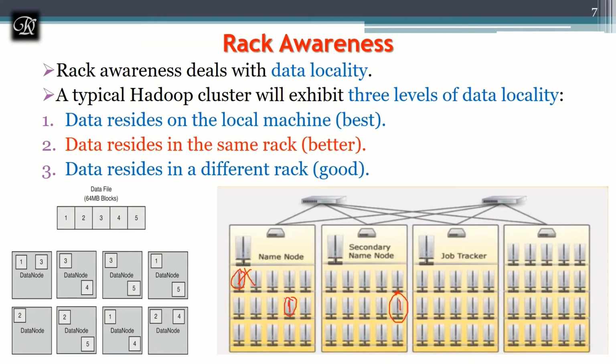Next, what happens if this goes down? Immediately the next node, decided by the algorithm, will generate one more replica of this on the same rack. It might be this one. This one will have one more replica once this goes down. And what happens once it comes up, once the admin fixes it? Now we have 3 replicas, right? Randomly it removes one replica.